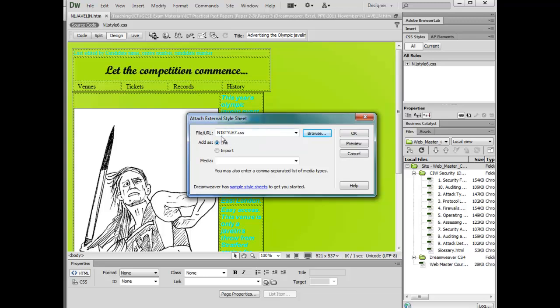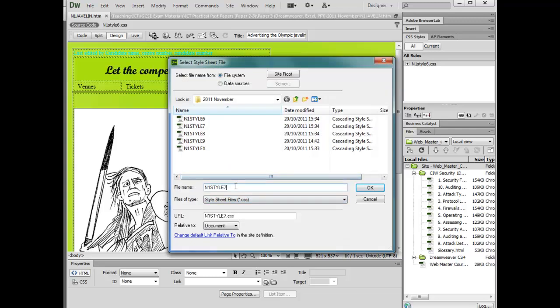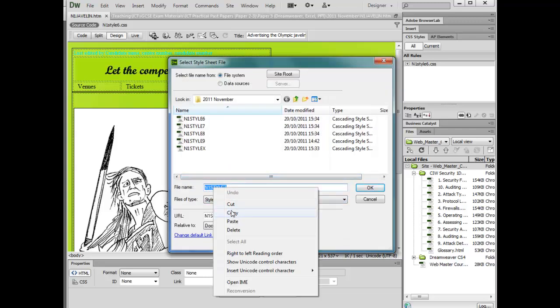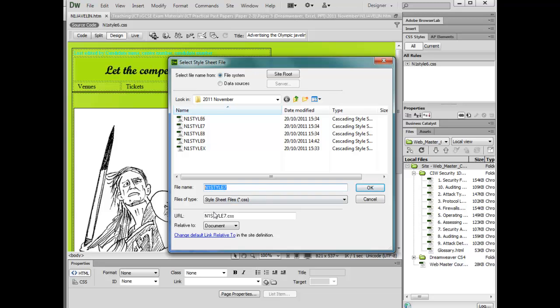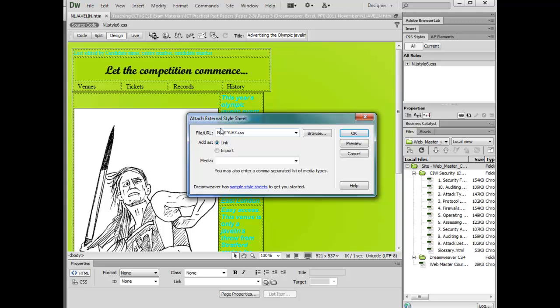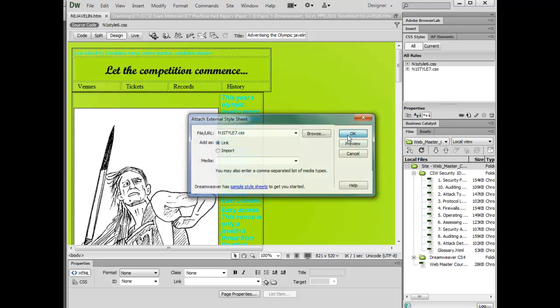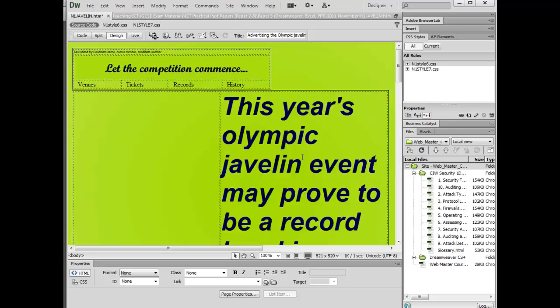occasionally you may find that the URL is not appearing here. When that happens, just go back to Browse, highlight this, press Copy, and what will that do? It will make it appear in the URL link, and it should therefore appear here, and it will link to this HTML page. So once we press OK,